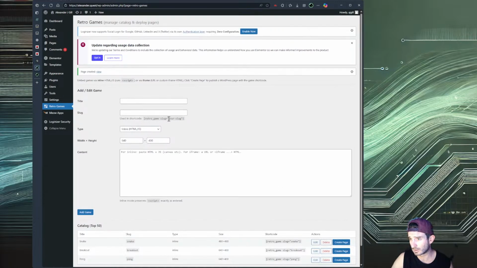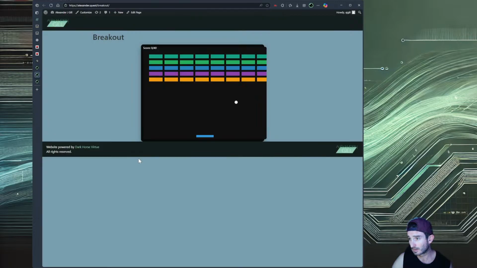Create page. So it seems as though this works too. It seems to be a little bit off on the alignment.